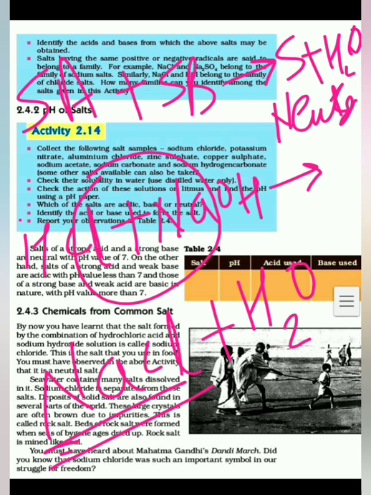H plus ions are responsible for acidic characters and OH minus ions are responsible for basic characters. In this condition, as both are strong acid and strong base, they will cancel each other, or the characters of acid and base will cancel, and it will form a neutral salt having pH 7, like distilled water. See, distilled water also has pH 7 because it contains equal amounts of H plus and OH minus ions which form water, and so it does not contain ions, and that's why electricity cannot be passed through distilled water.